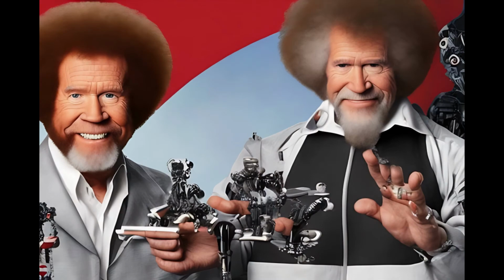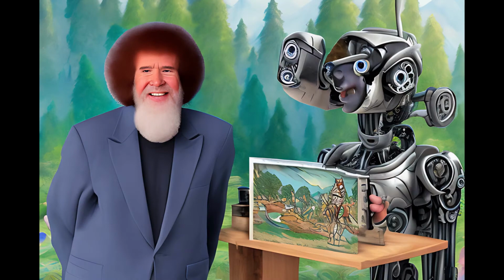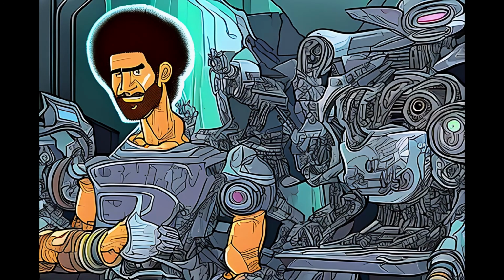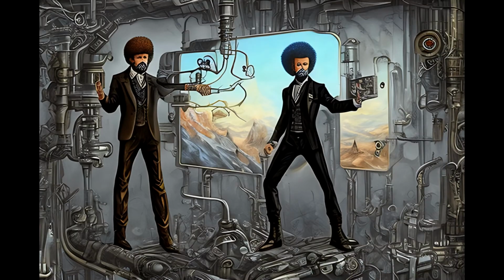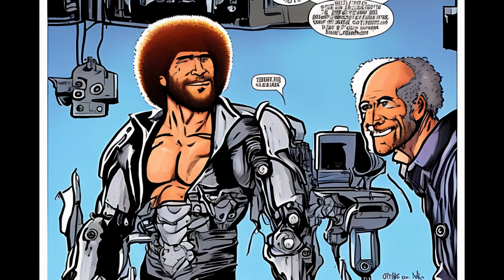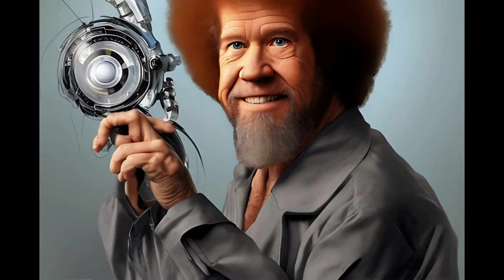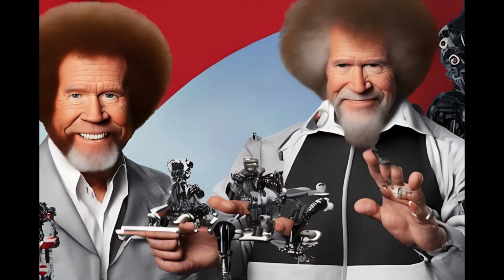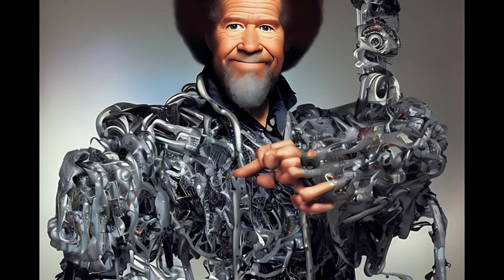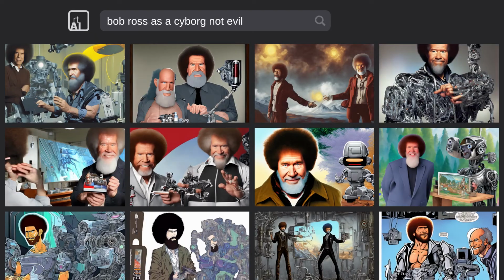For some reason, the AI liked to make two Bob Rosses in every image. Anyhow, here you go. Bob Ross as a cyborg, not evil. Definitely not evil here.